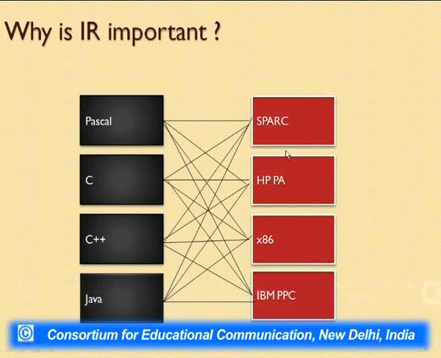One language, one architecture, we go for one kind of compiler. One language, another architecture, for the same language we need to redesign the compiler to a certain extent. Then same for x86, then same for IBM PC. If tomorrow we have some different XYZ architectures, we have to add more changes in our compiler. We can see a mesh being created over here. For each architecture, we have a separate larger section of the compiler to be redesigned